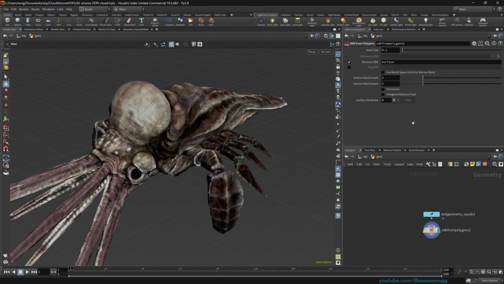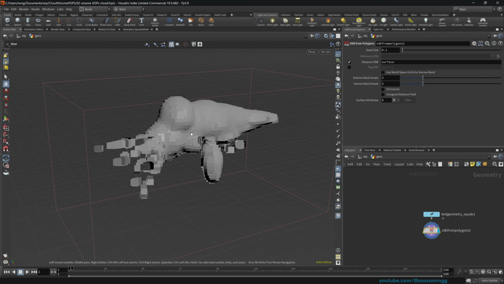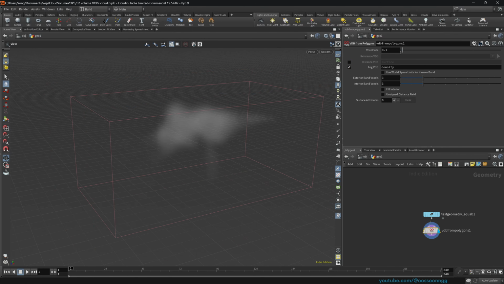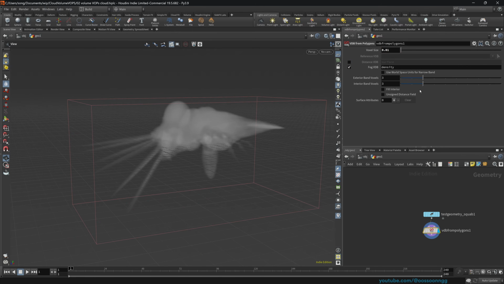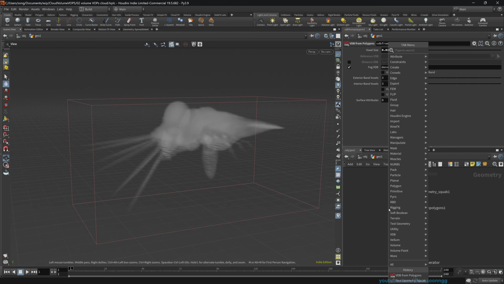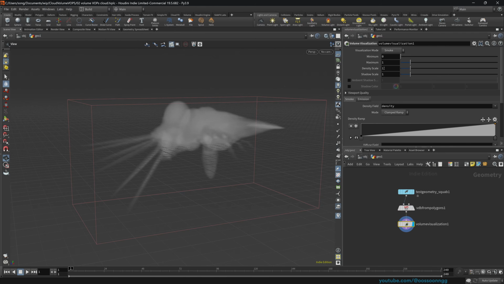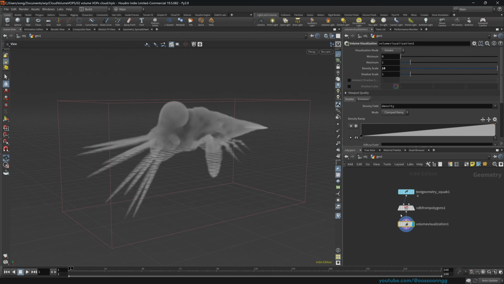As you can see, Shift Enter, we have this thing going on, and we can do it with density and we can do it with distance, but since we're working with clouds, I think density will be just fine. So voxel size 0.01, I think it will work well. And of course we do the volume visualize. As you can see, volume visualization, Shift Enter. I think we can do the density scale something like 10, so we can actually see our volume a little